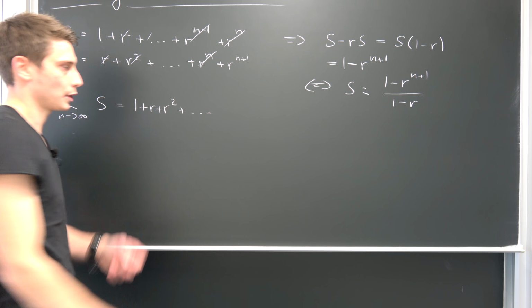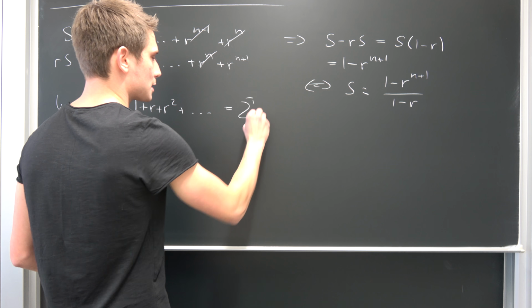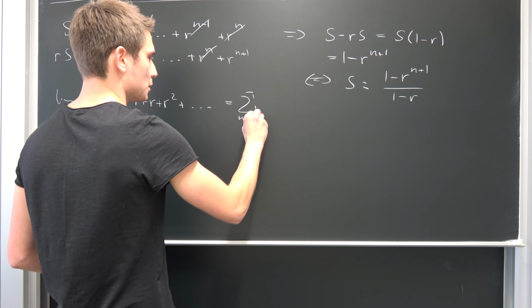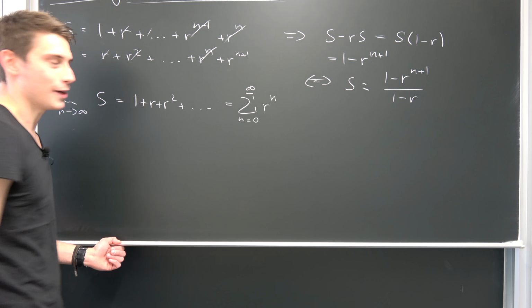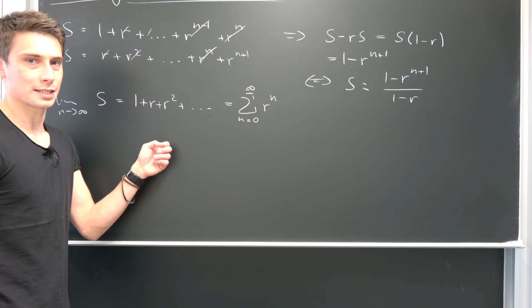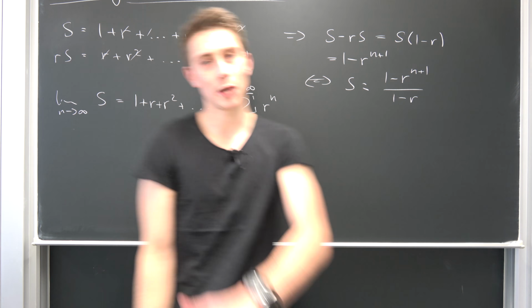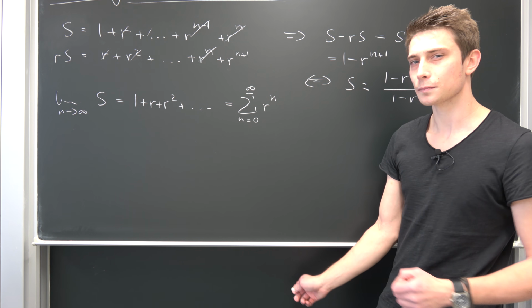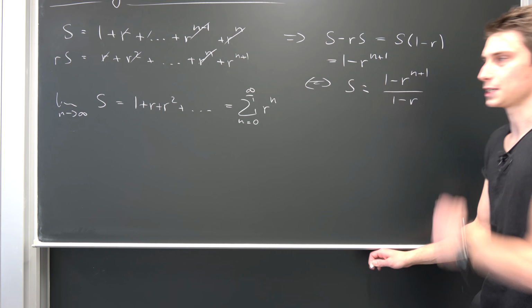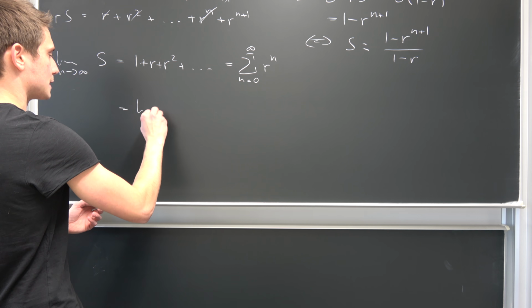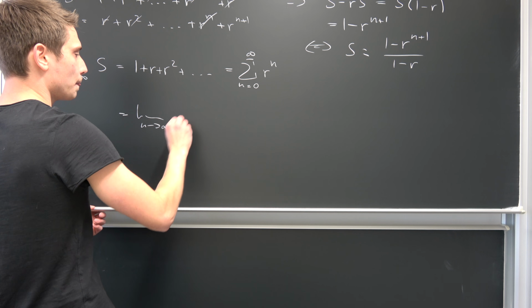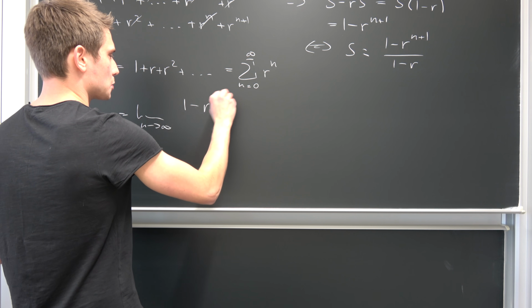We can rewrite this right here equivalently as the infinite summation from n equals 0 to infinity of r to the nth power. Okay, so this is just the same argument right here, not talking about the radius of convergence at the moment. What about this side right here? Why not take the limit on this part right here? It is equal to the limit as n approaches infinity of 1 minus r to the n plus 1th power